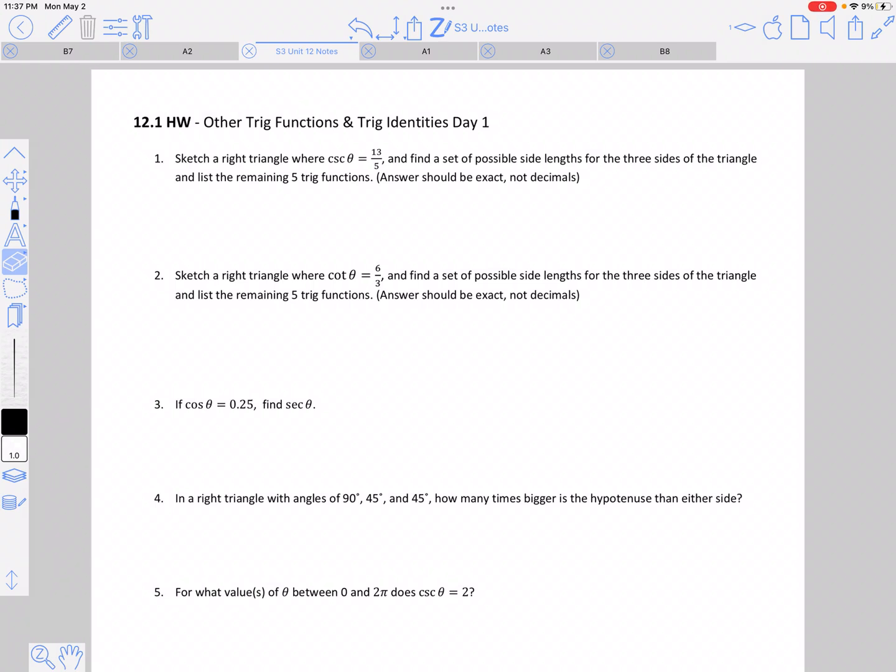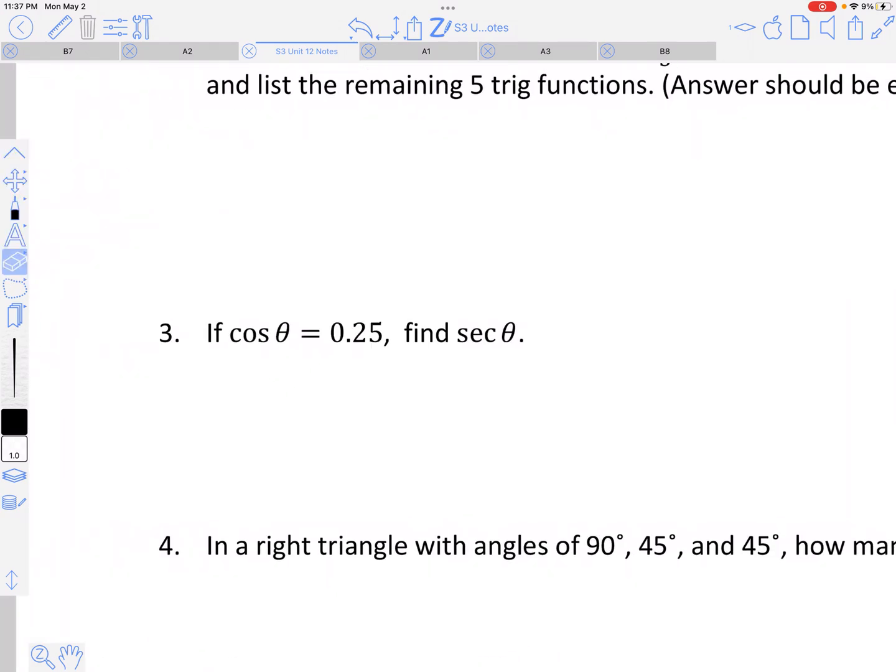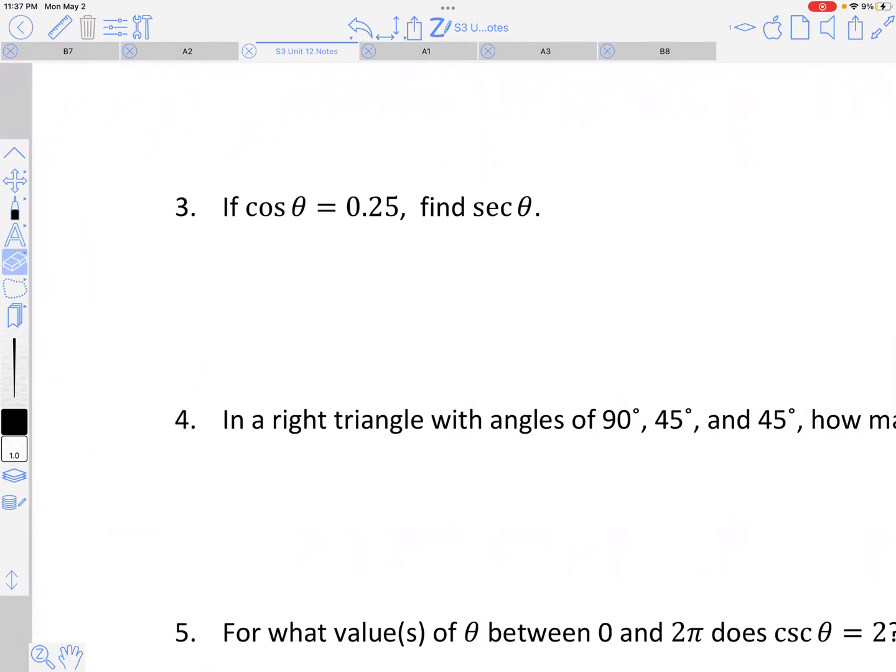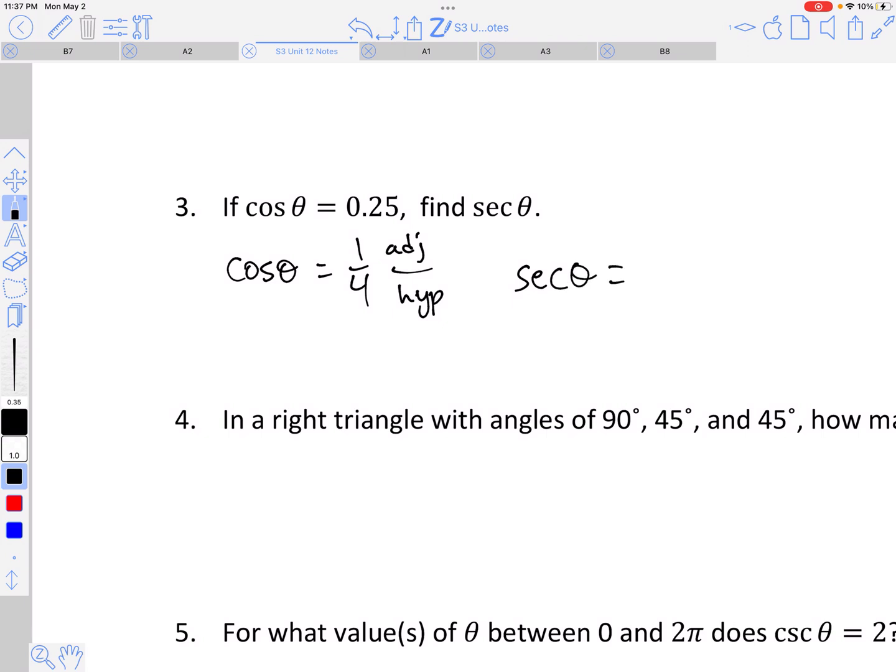Here are a few examples from the 12.1 homework. Remember 0.25 is 1/4, so I'm going to replace 0.25 with 1/4, because we know that with cosine, it's adjacent over hypotenuse, so it'll be easier to understand if it's written as a fraction. Alright, so secant of theta, since they have the same angle, we know they'll use